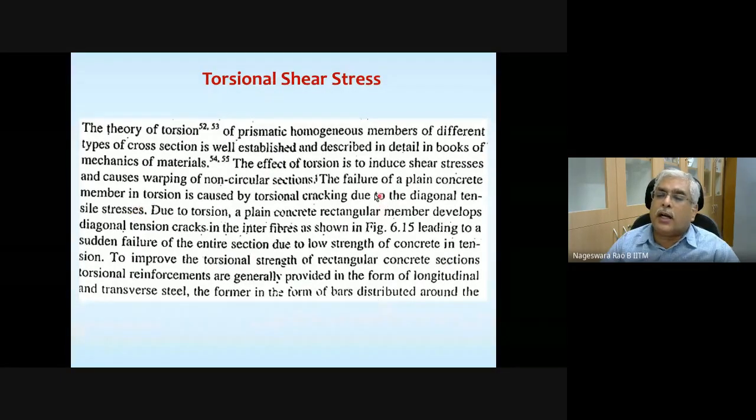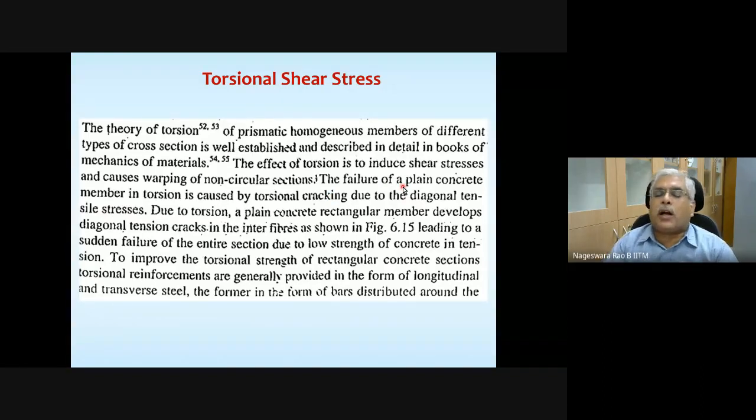Same thing, once you get these stresses due to the applied torsional moment, you find the principal stresses and then principal directions, and you can notice that when the plain concrete member is subjected to torsion, it is going to result in diagonal tension and tensile stresses.